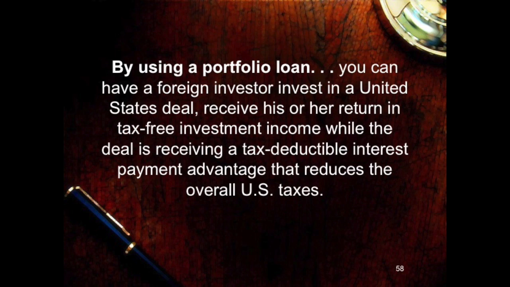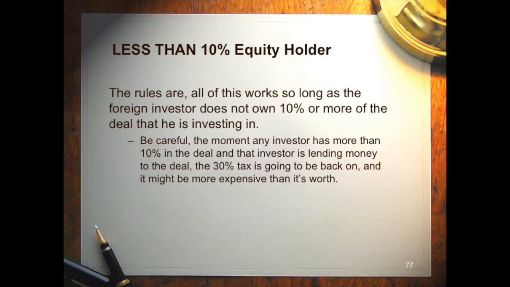And what that is is something called the portfolio interest note and the portfolio interest exclusion. It is a certain kind of note that can be owned. Only a small piece of a promissory note can be owned by a foreign investor. And so long as that investor holds a note from a U.S. taxpayer and it's real estate involved, the foreign taxpayer has less than a 10% interest in the real estate investment,